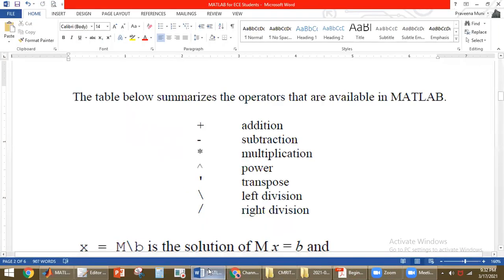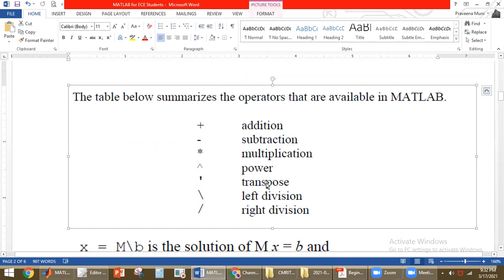Now we'll discuss what operations can be performed on matrices or vectors. These are the operations that can be performed on a matrix: addition, subtraction, multiplication, power, transpose, left division, right division. Whenever we are performing addition, it has to satisfy matrix dimensions. That is, whenever we are adding two matrices, those two matrices should be of the same size. Then only you can perform addition.